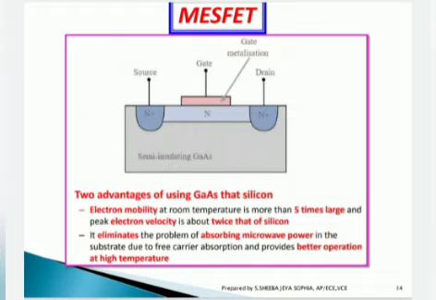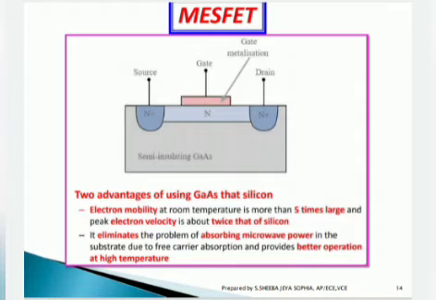MESFET is the metal semiconductor field effect transistor, which is similar to the JFET, with a Schottky junction instead of a PN junction for a gate. Since we have seen a brief introduction about the Schottky as well as the ohmic junction, now moving to this MESFET, you can see the schematic representation of how this junction is created. Here the junction is a Schottky junction, so gate metallization is used with the semi-insulating gallium arsenide.